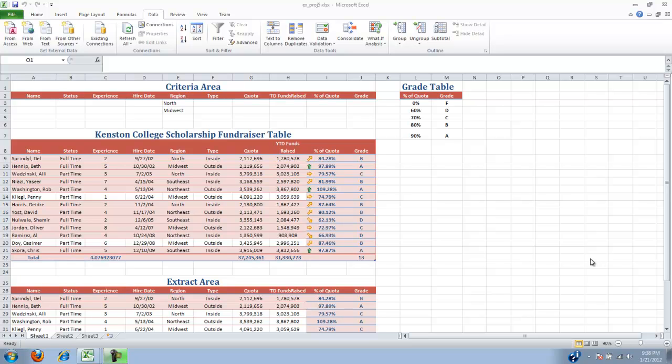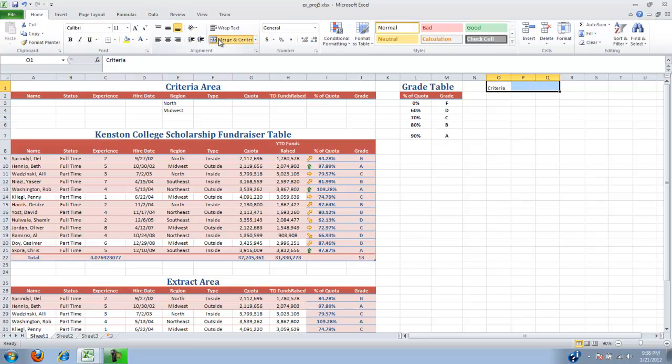Continuing on Excel 5, the next part could be a little tricky, so that's why I want to demonstrate it. This actually allows you to do a different way to select different criteria. I'm going to click on cell O1, and be careful with the O's and zeros because that can be tricky. I'm going to type the word criteria, and I'm going to span this over 3 cells. So I'm going to use the merge and center, and I'm going to use the format painter to format that